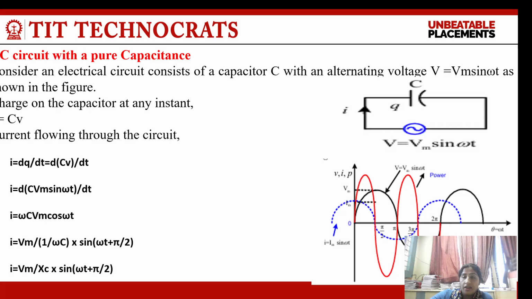So we can conclude that whatever voltage is applied in the circuit, the current in the capacitor is going to lead the voltage by pi by 2. So we can conclude that in a resistive circuit, the current and voltage are in phase. In an inductive circuit, the voltage is going to lead the current, and in a capacitive circuit, the voltage is lagging the current by pi by 2. And similarly, like the inductor, the power is going to be negative over a cycle, it is going to be 0. So we can conclude the active power in the circuit is 0.